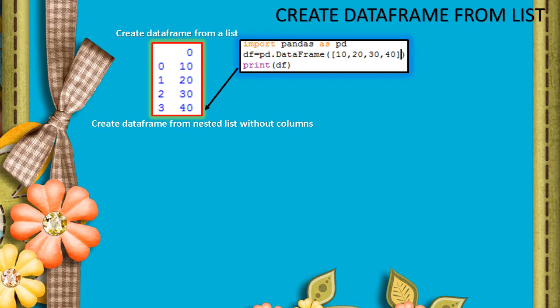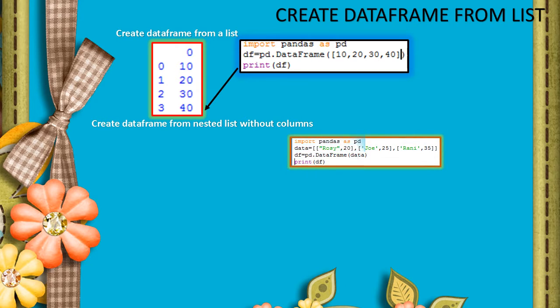See here the rows: Raj 20, Joe 25, Ronnie 35. It's a nested list. Without index and column names, the default column names also start from 0, and the default row index also starts from 0. So there are two columns, one column contains the names, another column contains the digit values.